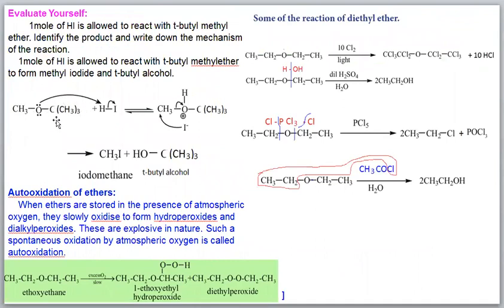Which one has less steric hindrance? In the tertiary butyl group, this carbon is surrounded by 3 methyl groups, so there is steric hindrance. Steric hindrance means there is no sufficient space, so an incoming group finds it very difficult. But here it is not like that: only 3 hydrogens surround this carbon, while 3 methyl groups surround the other carbon. So this is less steric hindrance and this is more steric hindrance. So iodine will go along with the methyl, not this side.